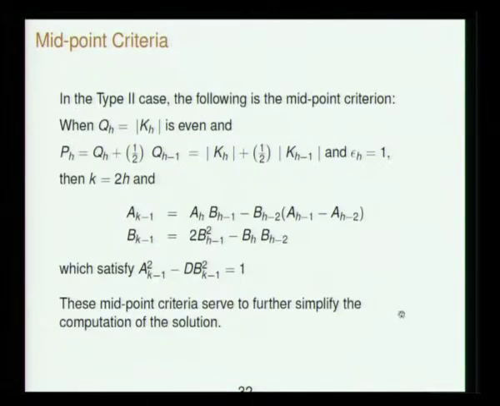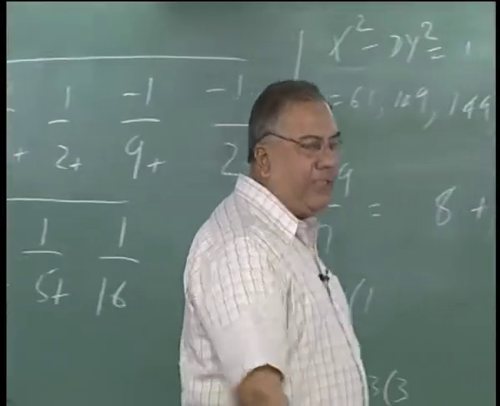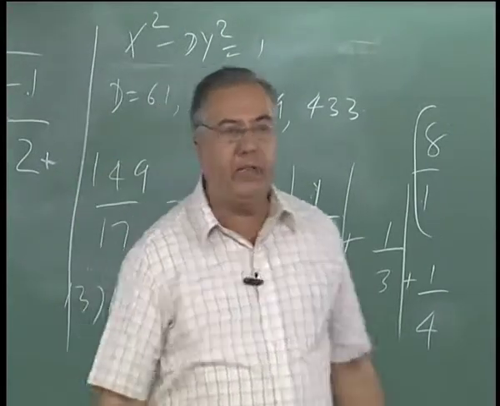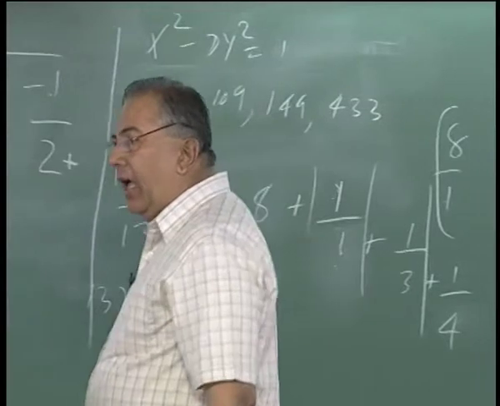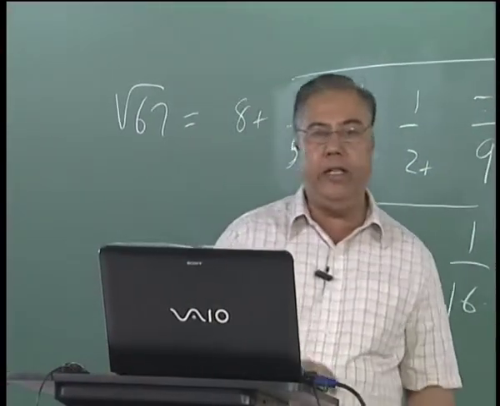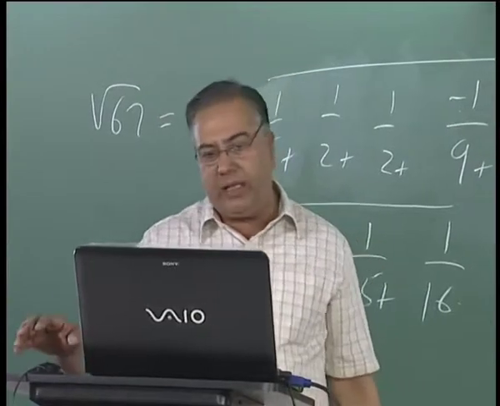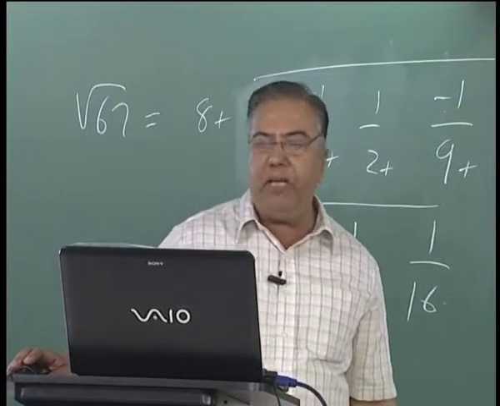Similarly, one can identify when you are doing the continued fraction expansion when the midpoint occurs. Euler had identified that. So similar midpoint criteria have been found in recent times. Krishnaswamy Iyengar did not write it in his time. In the last 5-6 years there are many others who are working on this kind of problem. They have identified the midpoint.